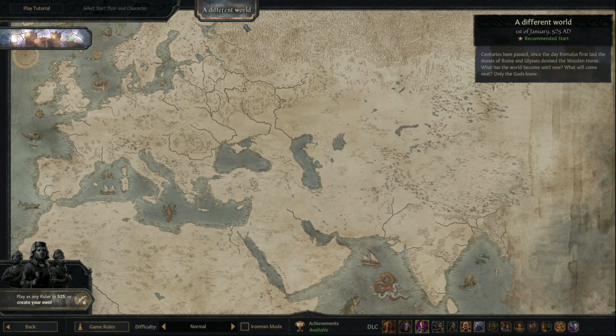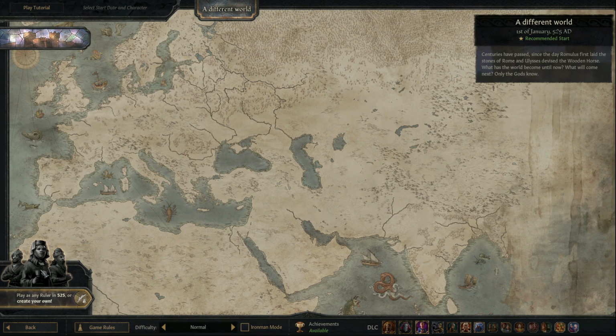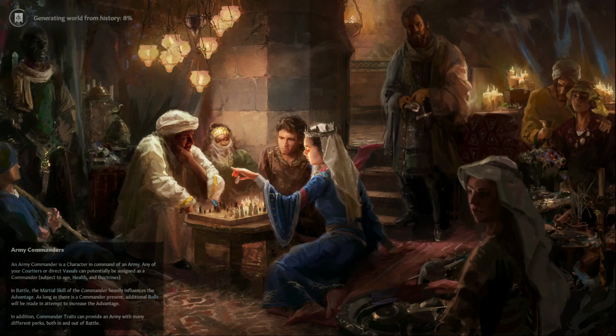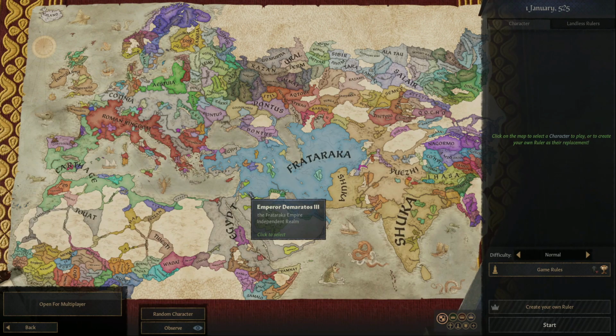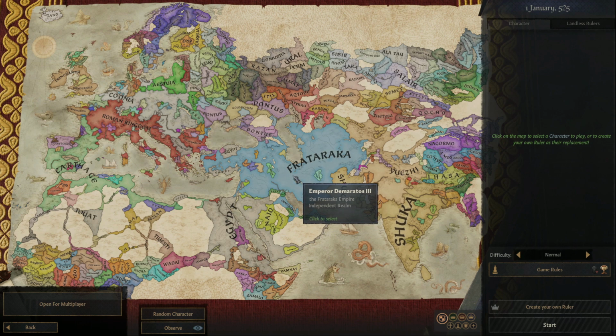We have a different world, and we're going to play as any ruler in 525, but I'm not going to play as any ruler. I'm going to be an observer. Honestly, I don't have much time recorded on this. Just know how to convert. And we have the world